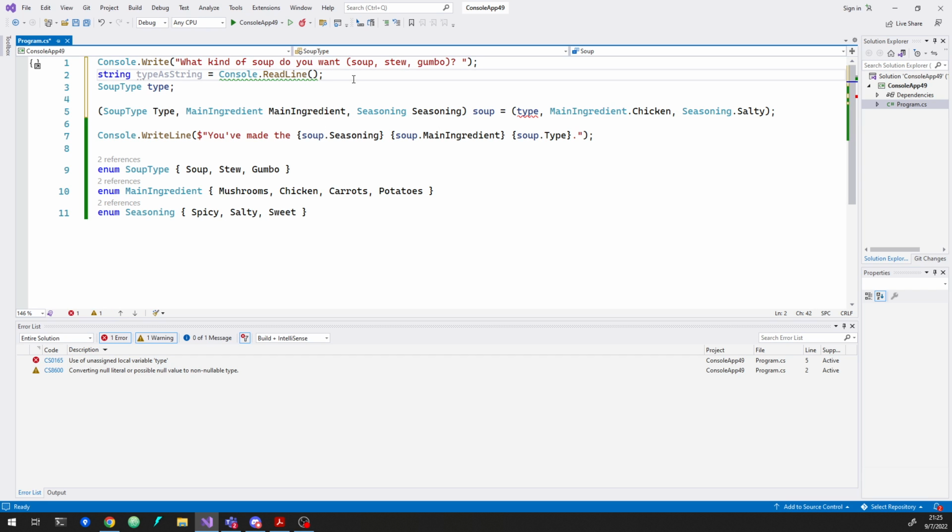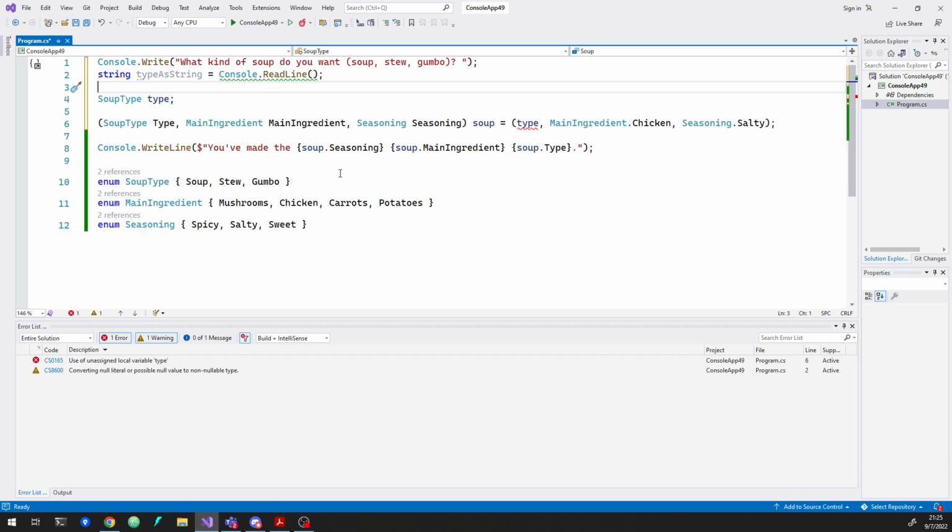And if they typed in hamburger, even though that wasn't supposed to be allowed, then we could say, you've made the sweet chicken hamburger. Why not, right? You could do that, but it also means that somebody could type in ASDF, and then we'll tell them, hey, you've made the sweet chicken ASDF, which doesn't necessarily make sense. So what we maybe want to do here is map the user input into a soup type